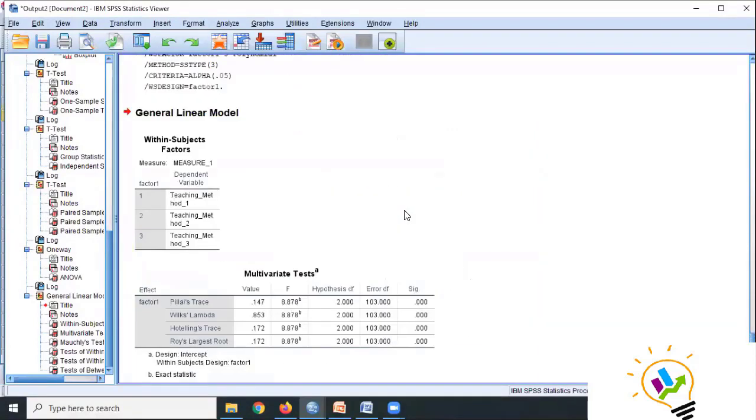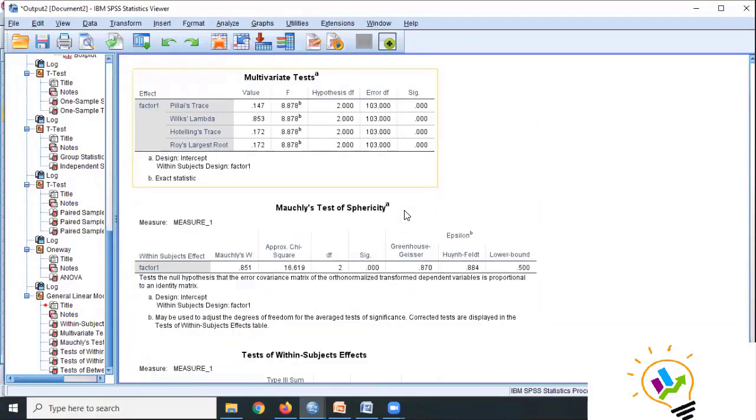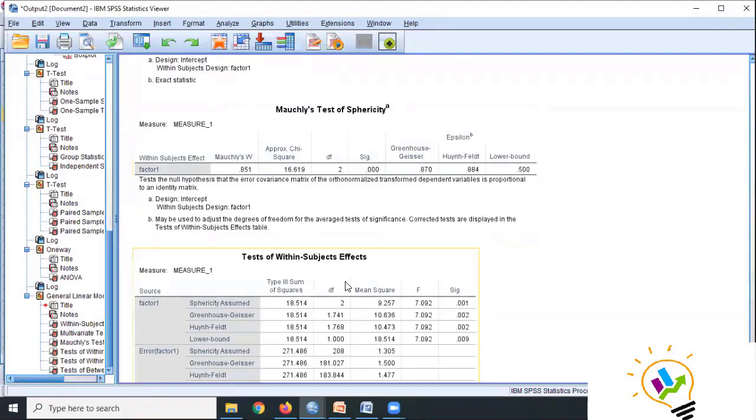Okay. This is repeated measure. You can see directly, madam, here the sphericity assumed. There are so many things to be discussed; the system generates so many values. But directly we want to see whether there is any difference between teaching method 1, teaching method 2, and teaching method 3, so you must see this significance value. The significance value is how much? 0.001, which is less than 0.05.